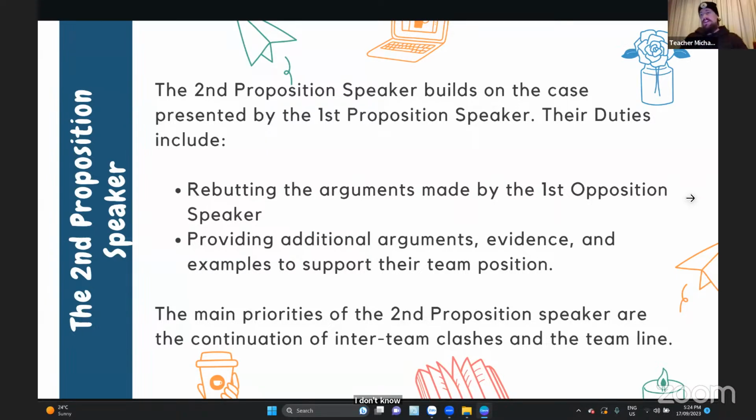Okay. So part of a debating team strategy is to develop what we call a team line. And what that means is that all of the arguments that your team is going to present should all run down one line of logic. So you don't want your arguments to be bouncing all over the place, because then you don't have a good team argument. You've just got lots of little arguments that bounce all over the place, and it's quite a weak strategy.